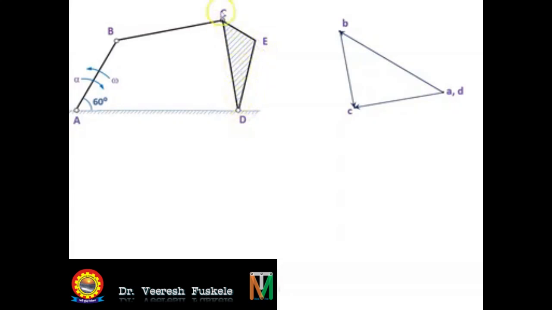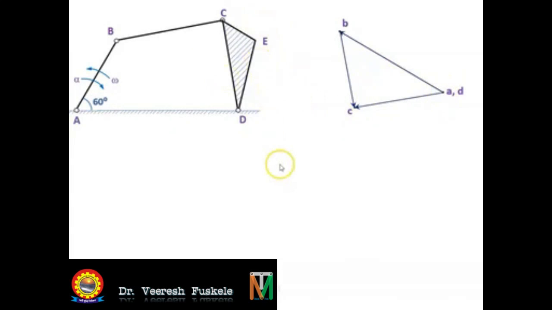When we are reading C, E, D, it is clockwise direction. So in the velocity diagram also, it should be read as C, E, D in the clockwise direction. So E point will be here. Suppose if we are taking E point here, then CED will be anti-clockwise direction, which will be opposite as in the configuration diagram. So we understand here that point E has to be located here above CD, so that when we are reading the points of the ternary link or the triangle CDE, they should be same as in